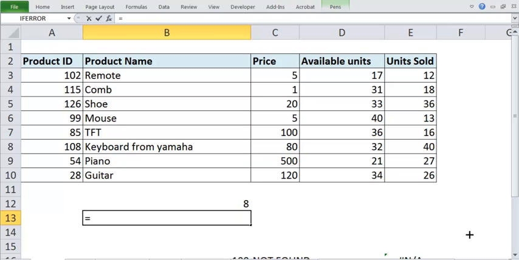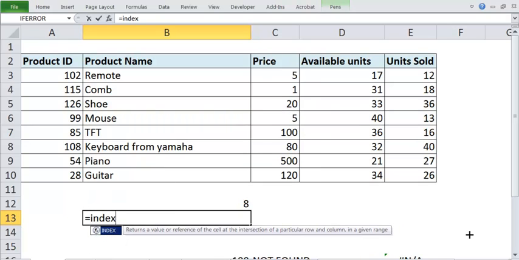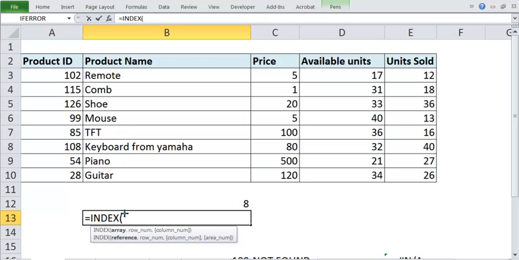So let's see, we'll feed that value. I will put this index. See in index, what is it taking? Index takes an array. So first you have to give the array, where you want to search. Let's say I am searching over here. Then it is asking for the row number. Row number will come from here, the match value. So we are saying that 8 is the match value.